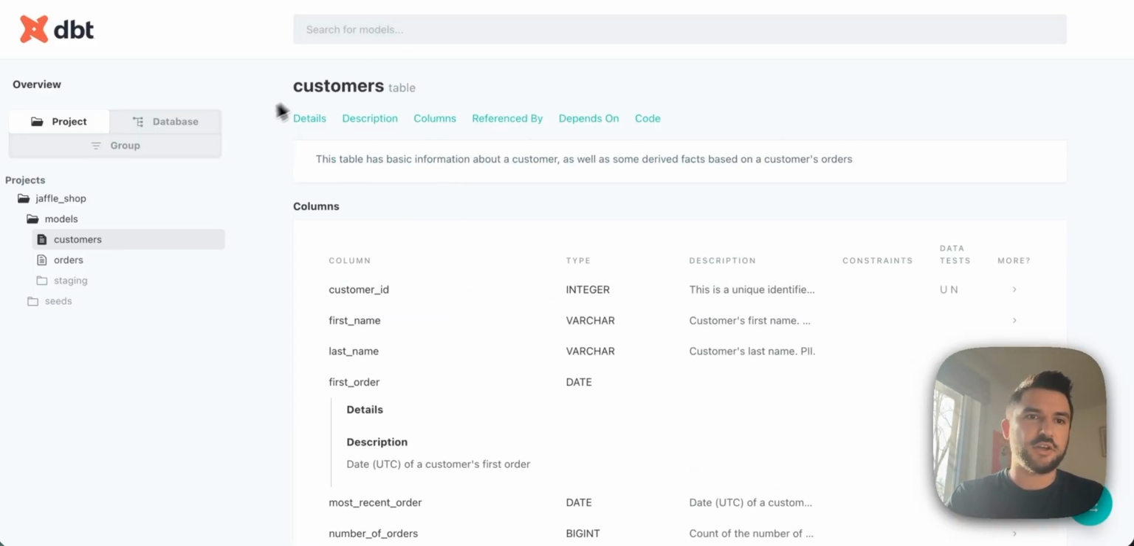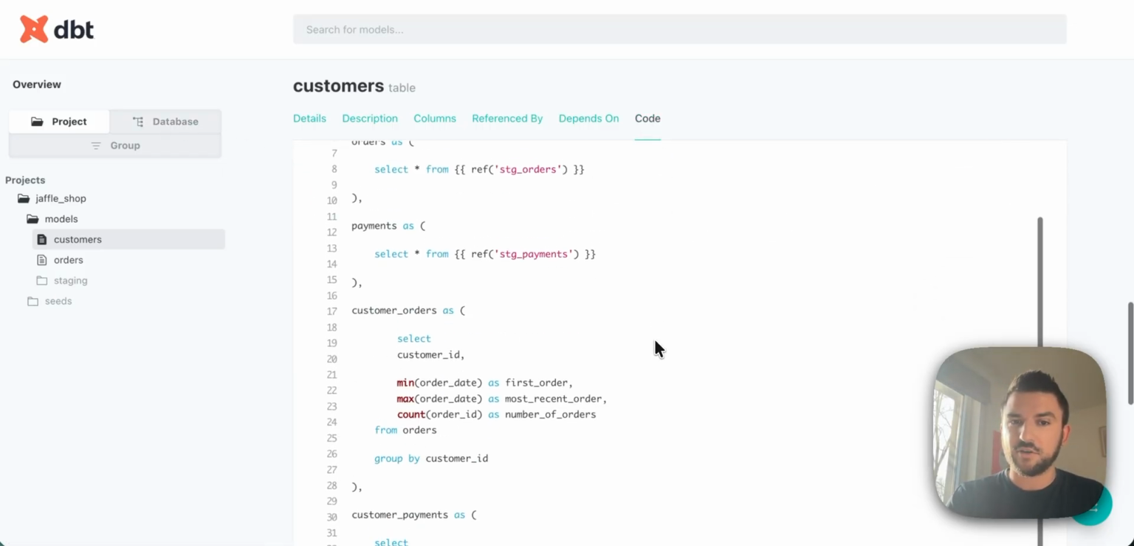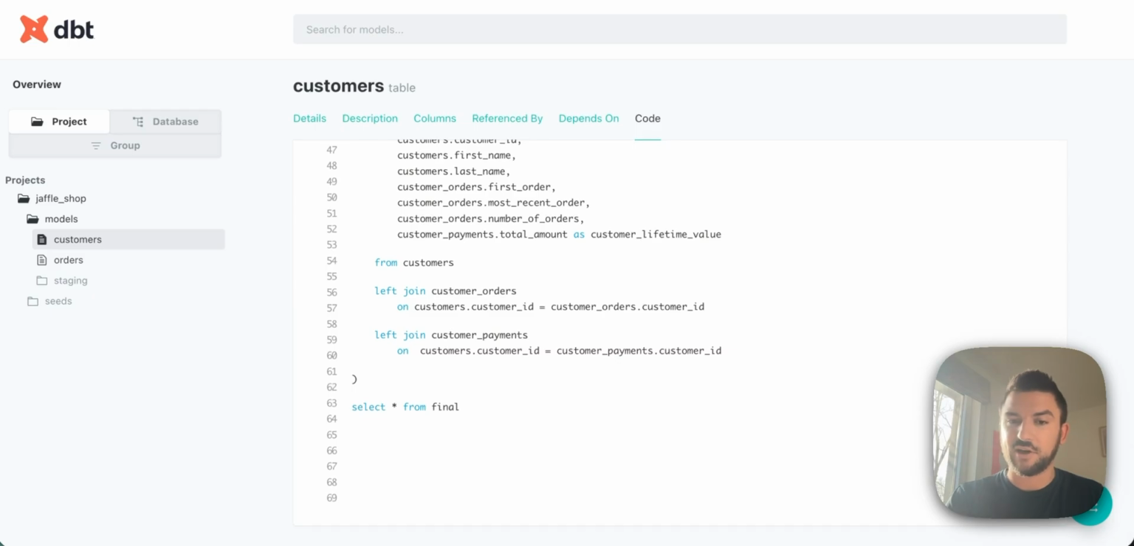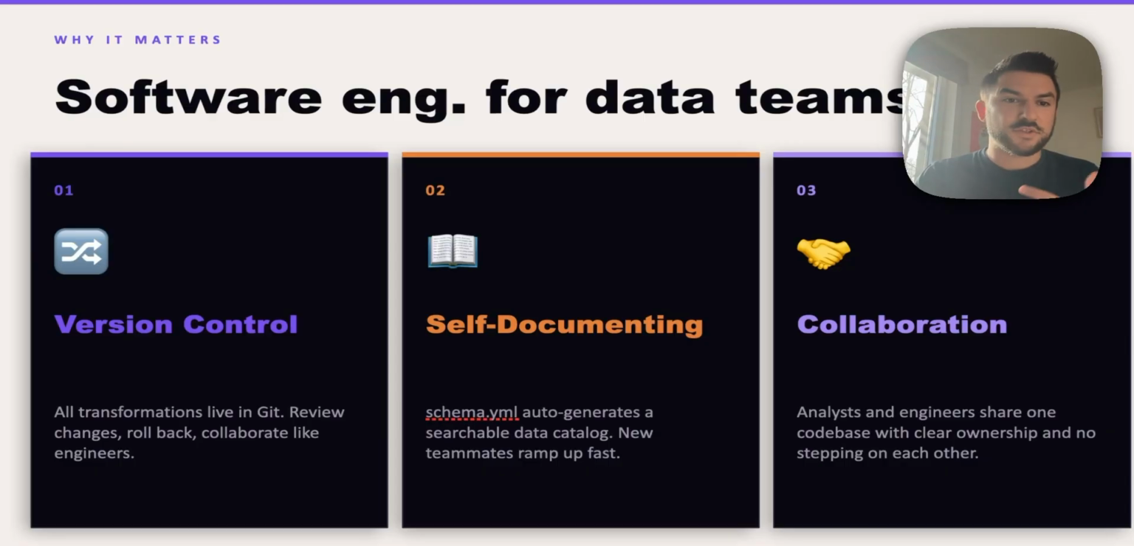You can search through it, you can browse through it, whichever you prefer. You can even come in here and get the complete compiled code to run the SQL directly without having to use dbt. So really useful feature. As you can probably guess, what we're really saying here is that dbt brings software engineering practices to the